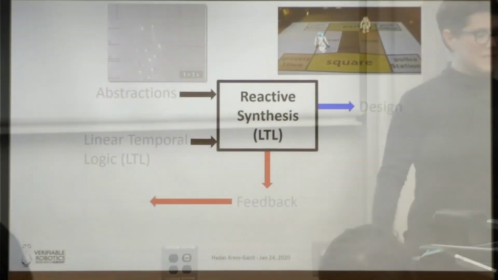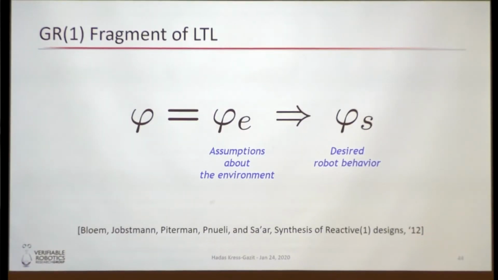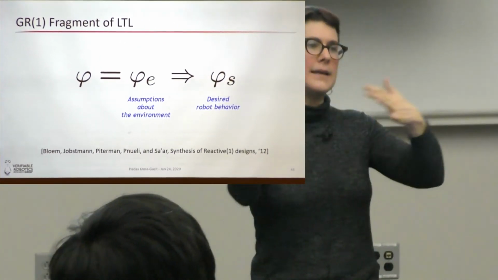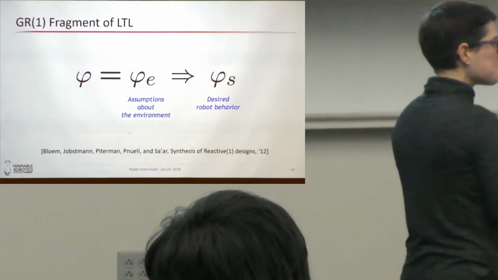Okay, I think I have enough time to maybe go quickly through this. That was a little bit about the swarms, to give you a feel for a system. What are the abstractions? What are the synthesis algorithms? Where are the connections between the symbolic and the physical, and how do we think about that?